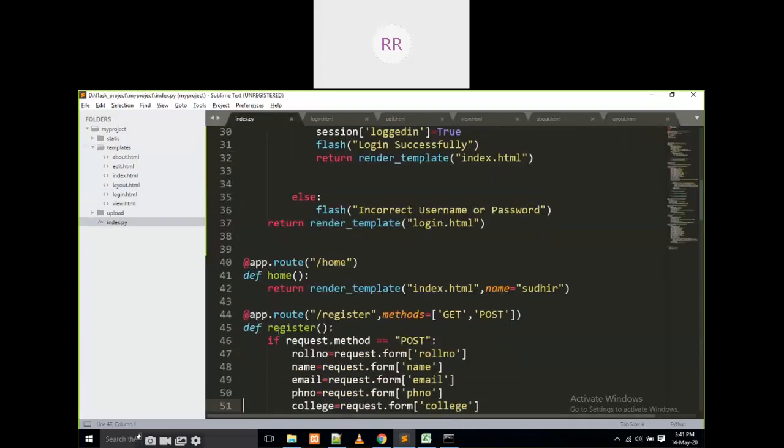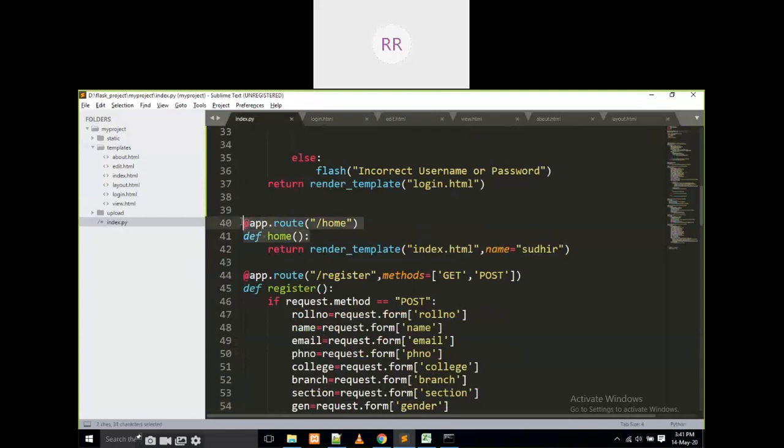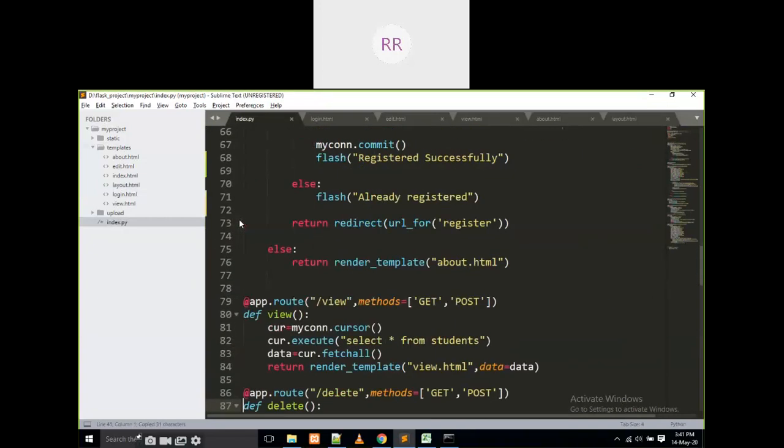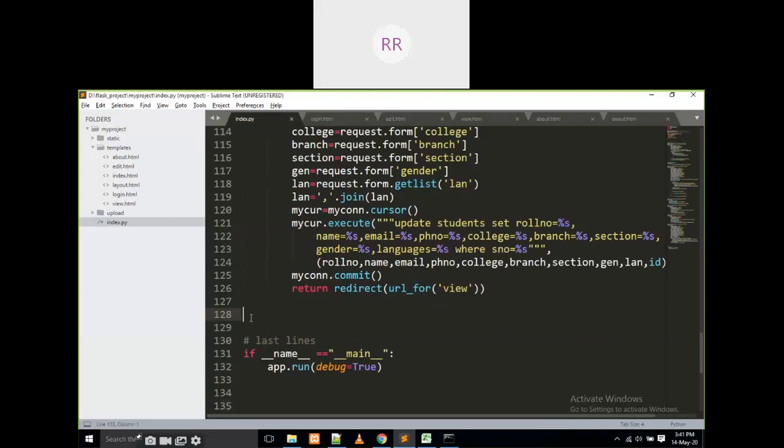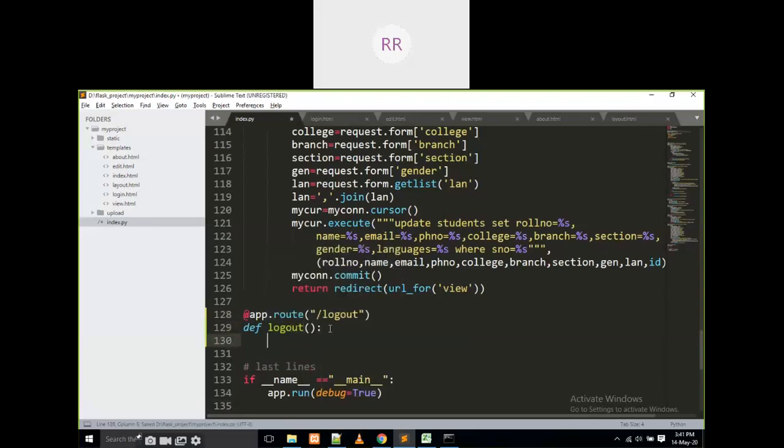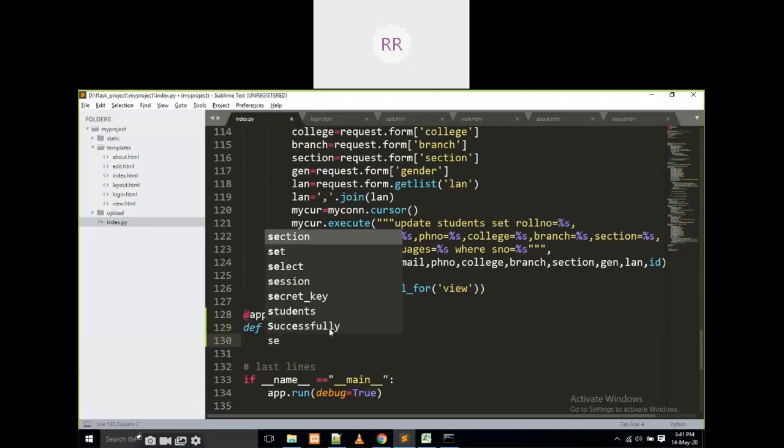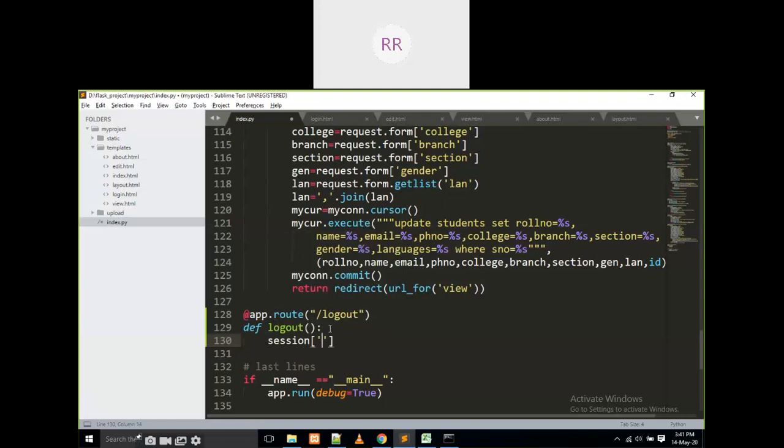Here I am going to write some routing for logout. Here I am going to set session of logged in is equal to some false,